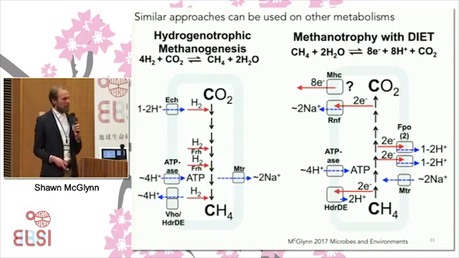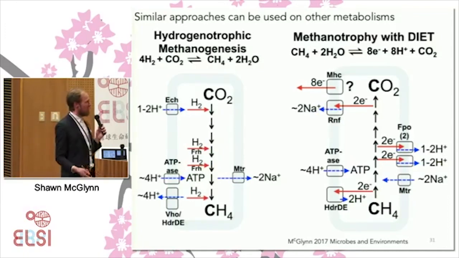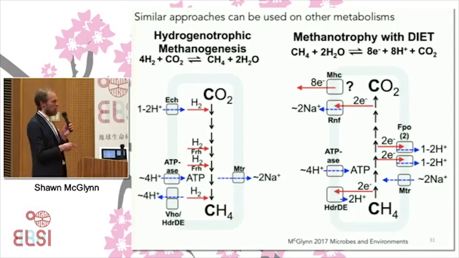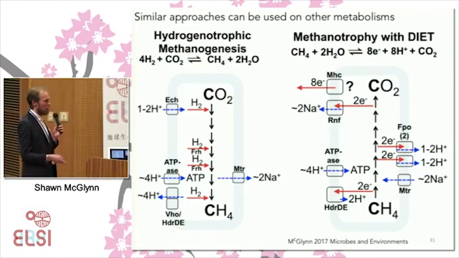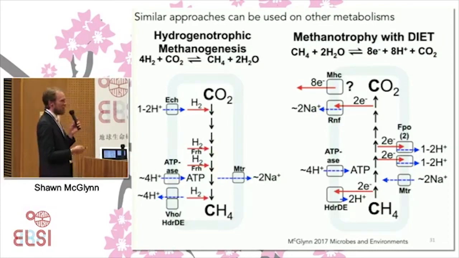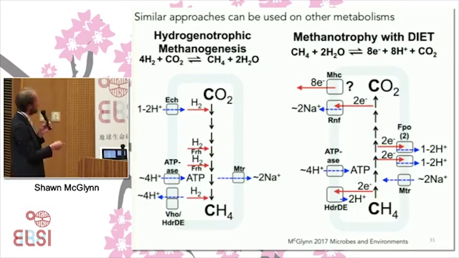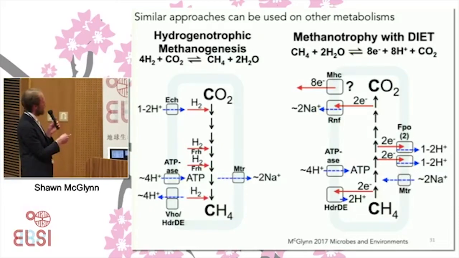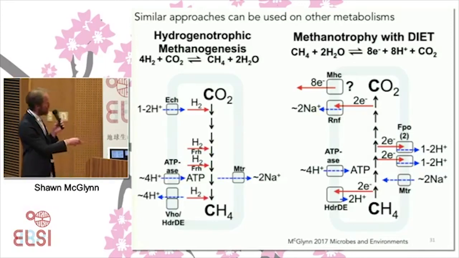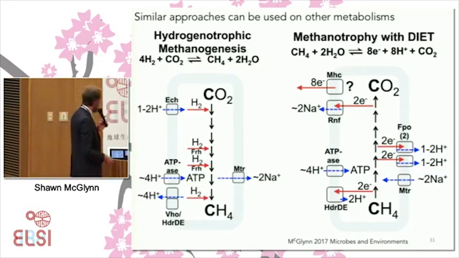In the beginning of the talk, I said that this type of approach, even though I'm going to talk about sulfate reduction, is very applicable to other microbial metabolisms. We could look at some of Kameya-san's enzymes with a similar approach to look at the isotope fractionation of carboxylation or decarboxylation reactions. We could also find interesting knowledge from testing other metabolisms, like these apparently reverse metabolisms that I've put on here, where one organism is putting electrons onto CO2 to make methane, and another one is taking electrons off of methane to make CO2.